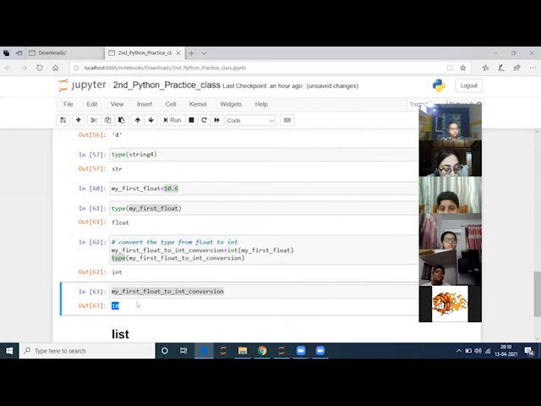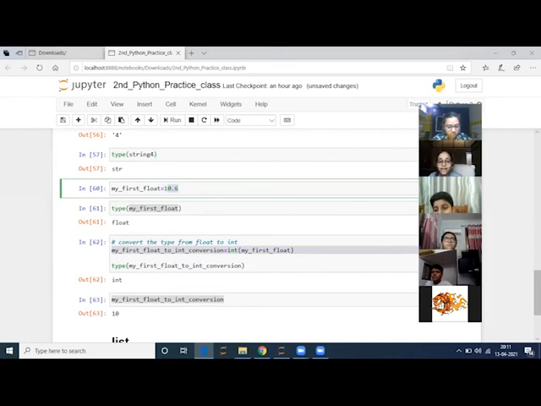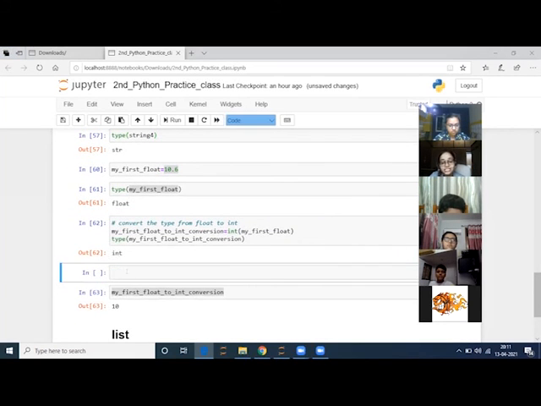Ma'am, you wrote my first float to integer conversion. If we change the integer into a string, will it work? Yes, it will work. Let's see. It will not show it in letter form, like TEN POINT SIX. It will just put this value inside inverted commas. When we converted from float to integer, the value changed, right? In that case it changed, but here it doesn't change. It just puts it into double quotes. Yes, I'll show.